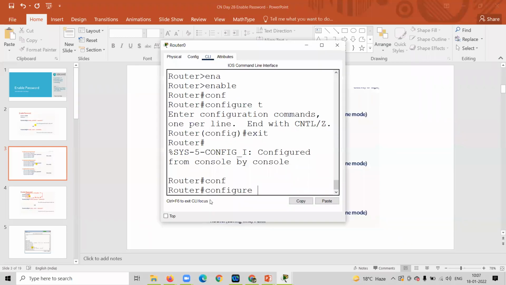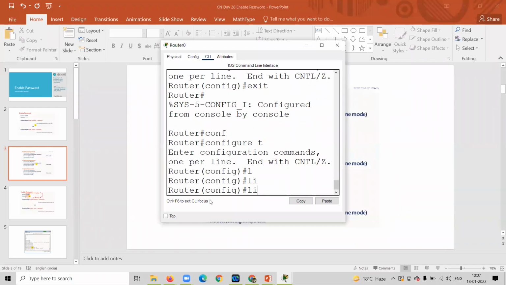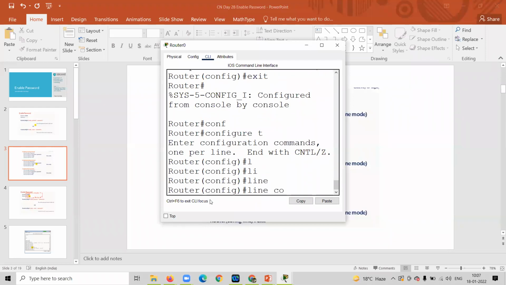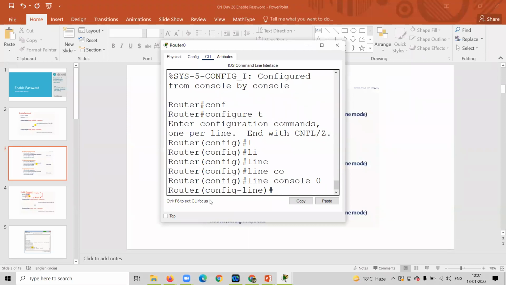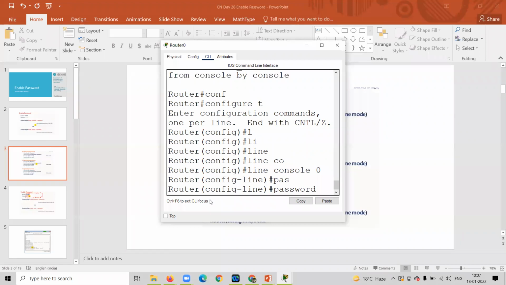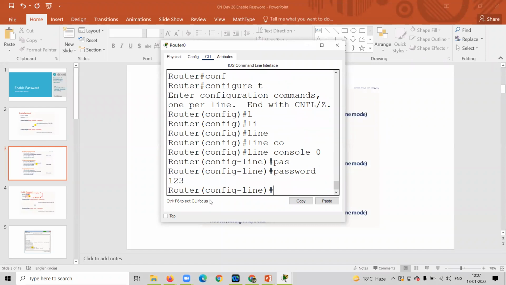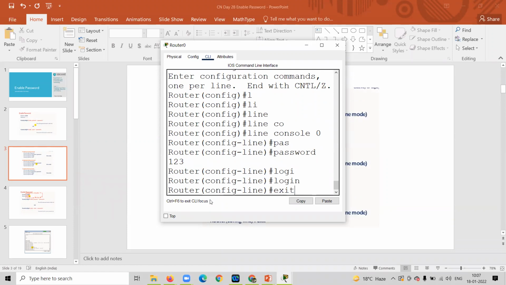So we can go to the config mode. Then I can go with the line password. So what I will do, I will go for the line. Then I will check which line I want to protect. So line console 0, that is the command to go to the line mode. Now in line mode, I will directly use the password, and I can use the password again, same 4, right? Or let us use some different password. For example, 1, 2, and 3. So 1, 2, and 3 right now is our password. That must be a login password. So I set the login and then I keep exit.